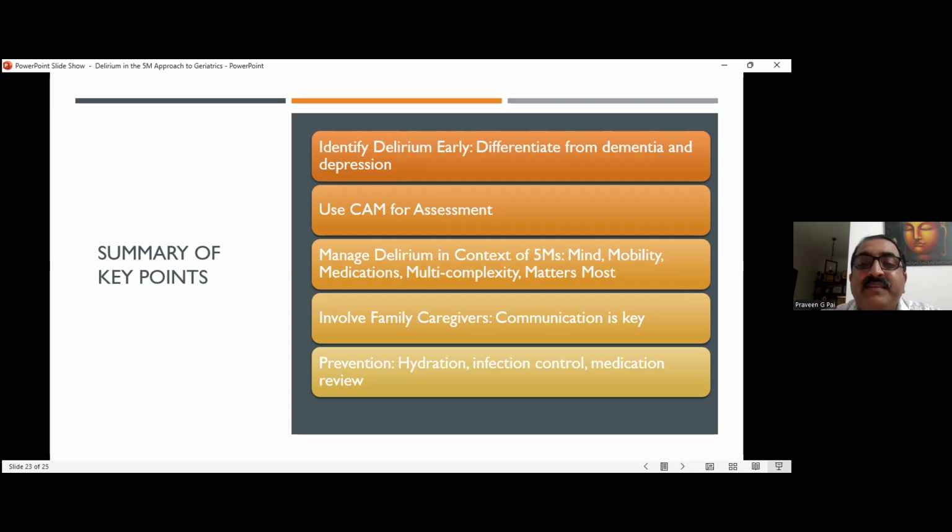The environment has a very good impact. So keep in mind identifying delirium early, and look for the contributing factors. Contributing factors can be anything under the sun, including the sun. That's what I meant. So look for the contributors and intervene accordingly. And if at all there is a doubt, always do an assessment with CAM or whatever, because documentation is very important. Tomorrow we cannot say, he had delirium for 5 days, but that is not the appropriate way of dealing.